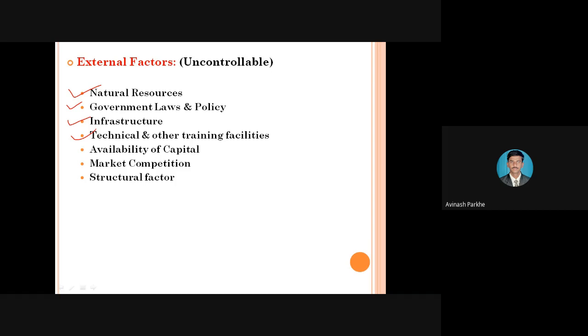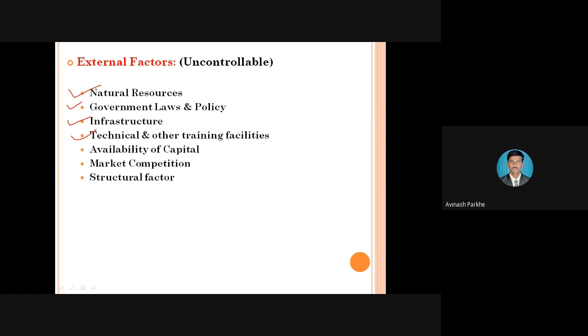Through that particular training, for example, initially the supervisors take the training, and after that the supervisors give the training to the unskilled operators or the laborers, and according to that training the workers can work. Therefore, whatever other training facilities are there are also not in your hand, because sometimes your product is finalized. For example, which type of product I have to manufacture, which type of manufacturing process I have to use.